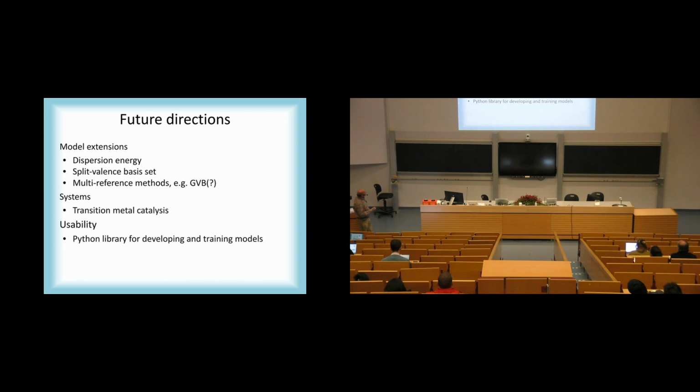All right, so what we're going to do next, we don't have dispersion energy in there yet, and I think we really need to add that. And that should be easy to add, D3. I think we'd be able to extend this model to have a split valence data set, and to me that's probably the most important thing. The minimal basis approximation, I suspect, is the biggest approximation in these Hamiltonians,